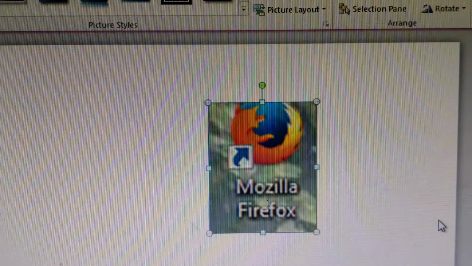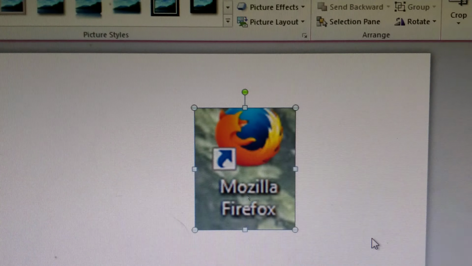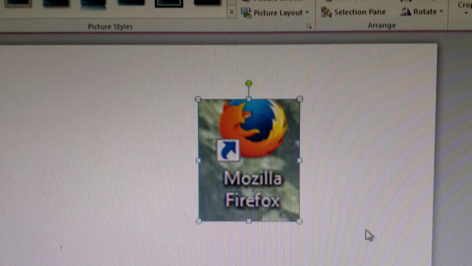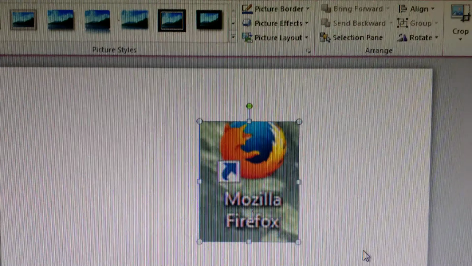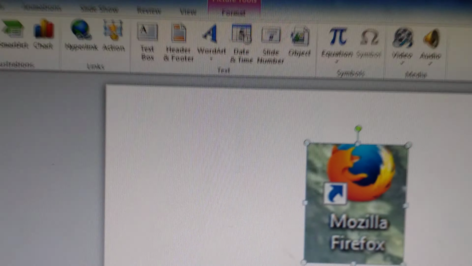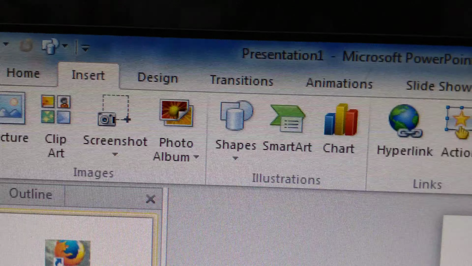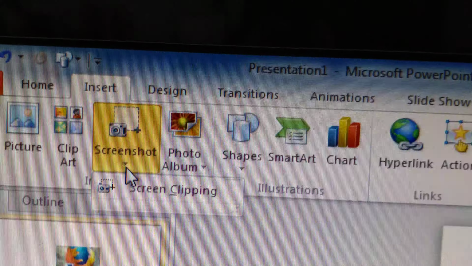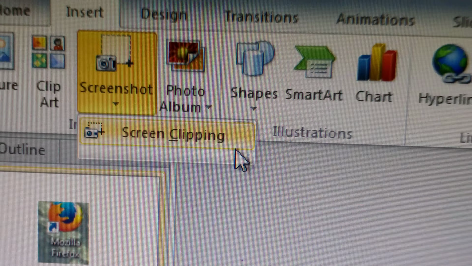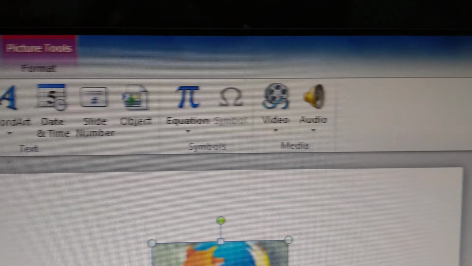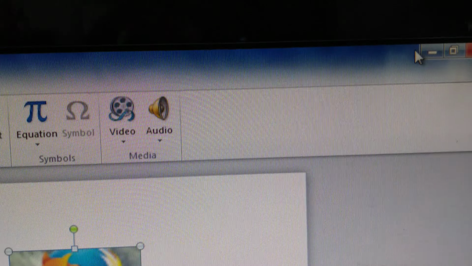Hope you understood. This is what happens when we don't select any work page before clicking the Screen Clipping. Did you understand? So what you have to do is, before doing that, you have to select and keep the picture.